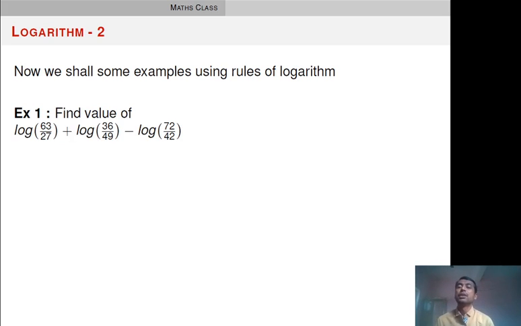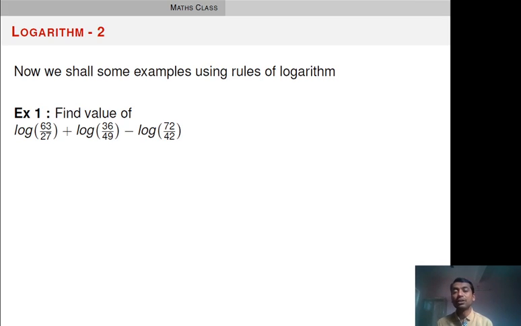The first question is: find the value of log 63 divided by 27 plus log 36 divided by 49 minus log 72 divided by 42. This is given to us. We have to find the value. So as I said, whenever addition,